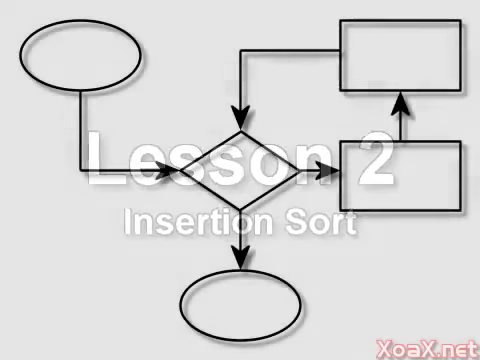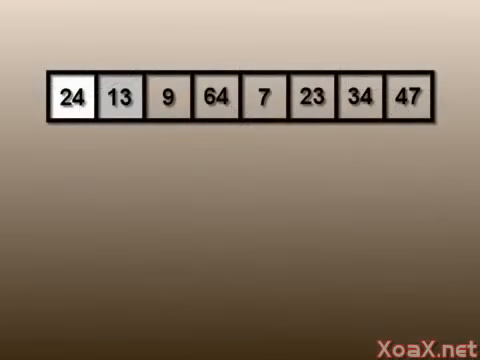Lesson 2. Insertion sort. The insertion sort is somewhat similar to the bubble sort in that we compare adjacent entries and swap them if they are out of order. Unlike the bubble sort, however, we don't require that we find the next largest or smallest element. Instead, we take our next element and insert it into the sorted list that we maintain at the beginning of